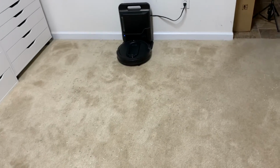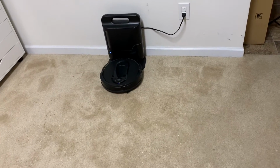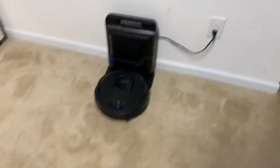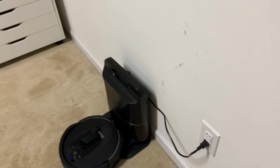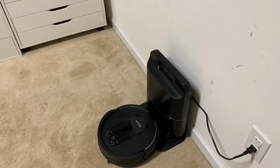And I was curious, since I don't really like this robot, I was curious on its first job. I deleted the map and everything. So I'm going to tell it to clean, and I'm going to see how it does on its first run. I have a feeling it's going to leave some behind, but that's just what I'm thinking. Hopefully I'm wrong, and this guy can prove me wrong, but